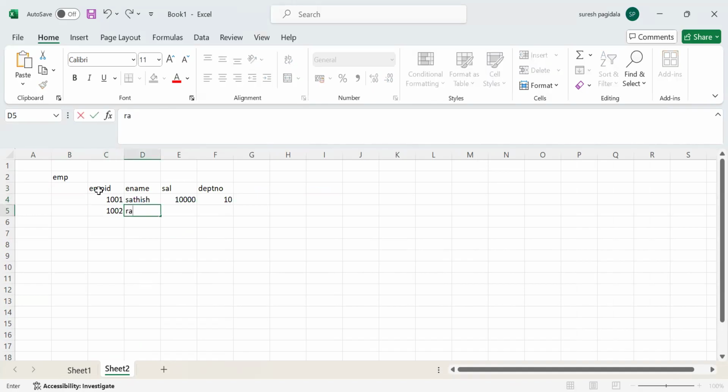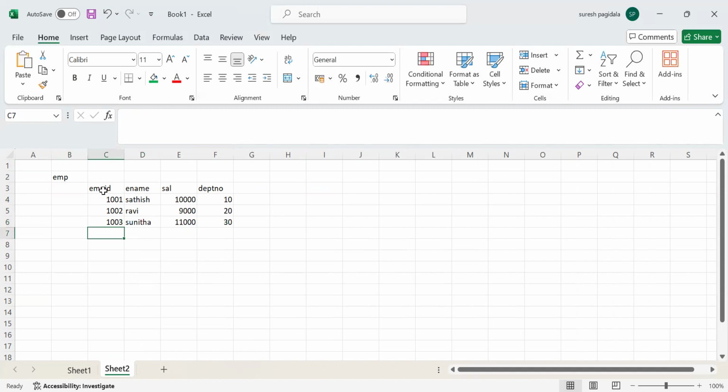1002, name is Ravi, 9,000 and department number 20. 1003, name is Sunita, sum 11,000, department number 30. Once you have the data, once you gather data like this, for example, see, you